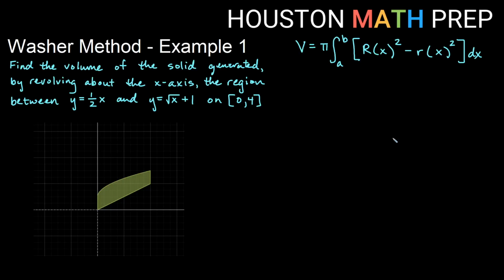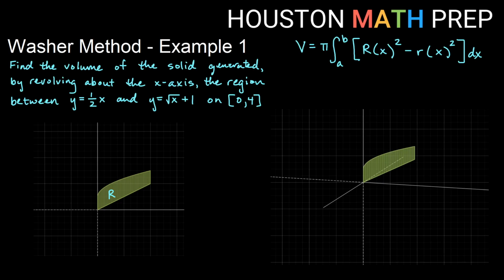Welcome back everyone, doing our example 1 video for the washer method, finding volume of a solid generated by revolving something about the x-axis. So if you recall in our last video, we took our region here, we called it R, and we revolved it about the x-axis. We showed you a little animation here of the solid that is generated, so we get this sort of bowl-shaped